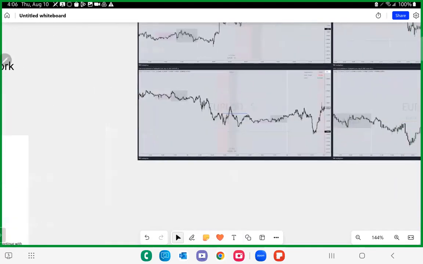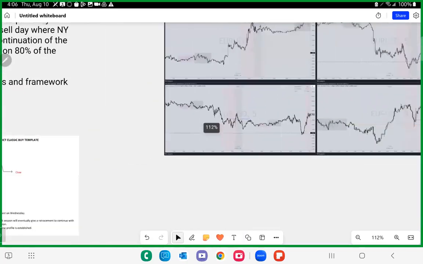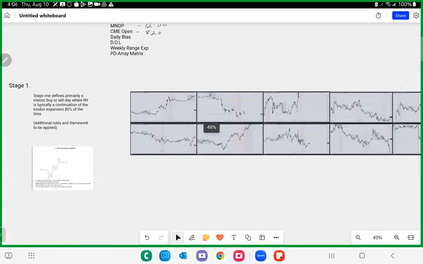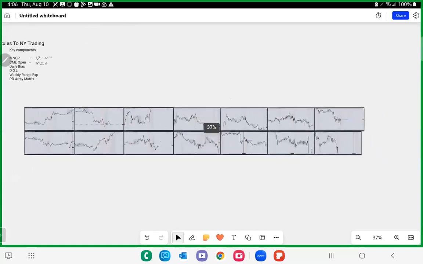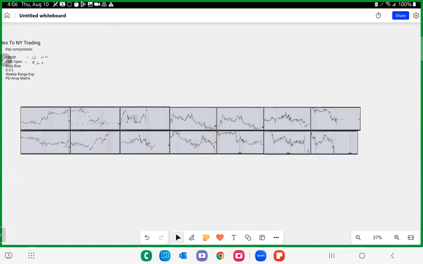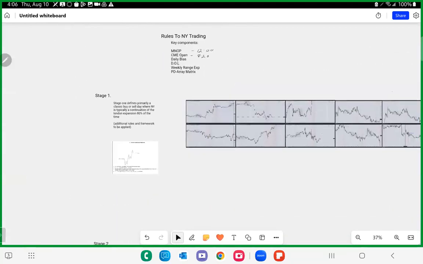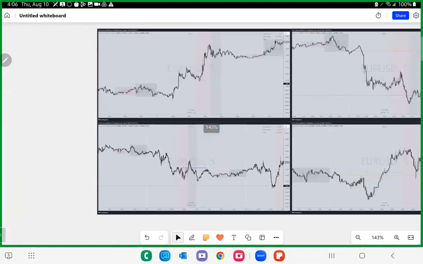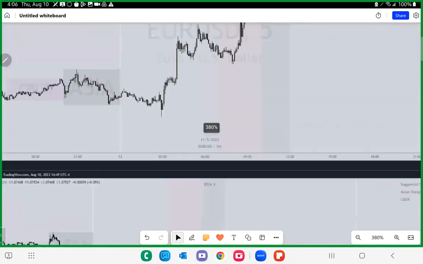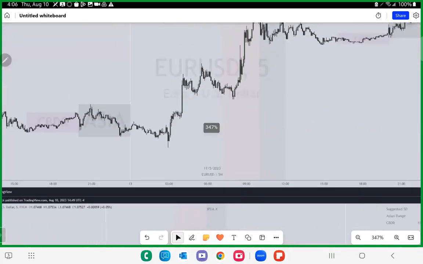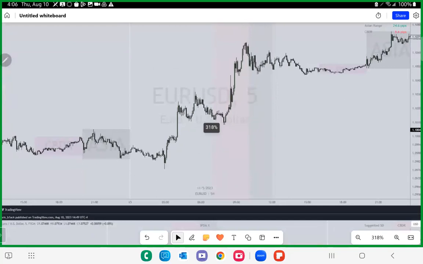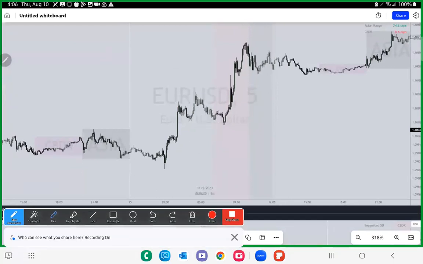rules, all right? So what I've done here is I have quite a bit of examples, right? Most of these examples are literally from 1 month of trading, one pair, all right? So we have stage 1, once again, stage 1, all right, which is primarily a continuation of London, and then we'll look at stage 2. So if we look here, right, this white line is marking off the midnight opening price, okay?